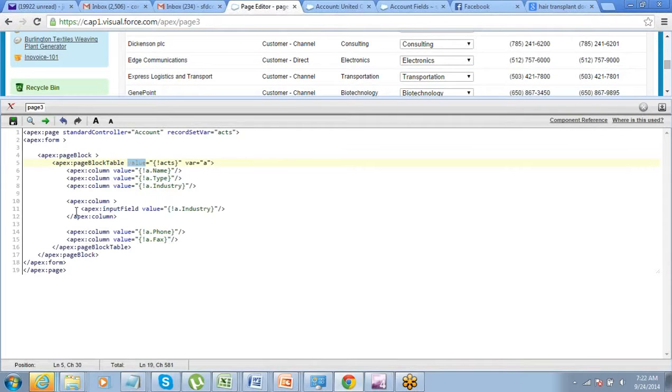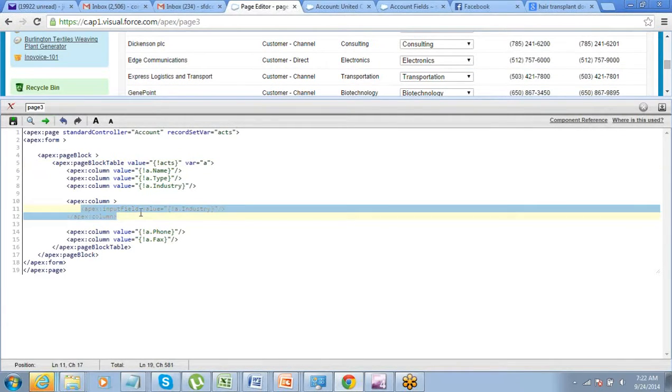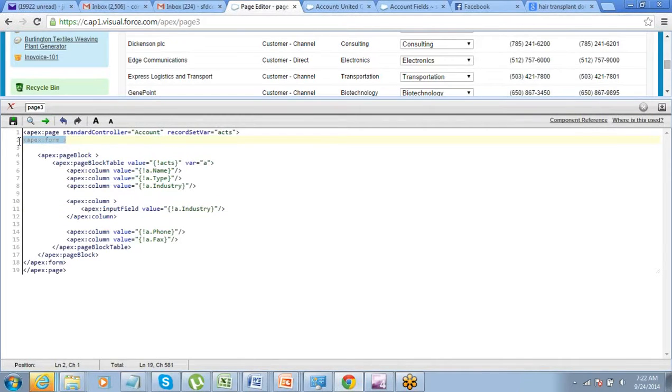Alright, and then the moment I wanted to use input field, this is how I used it. And if you are using any such component where the user can interact with the page, like an input field or a button or something, these kind of components always need to be within an Apex form component. So that Apex form component I have just put here. So that is it.